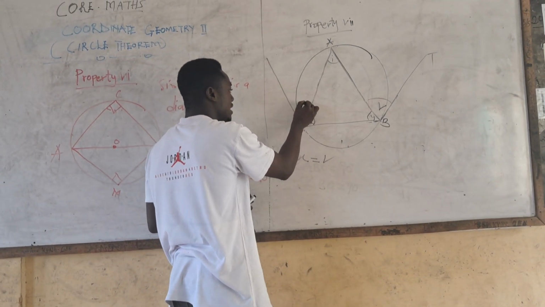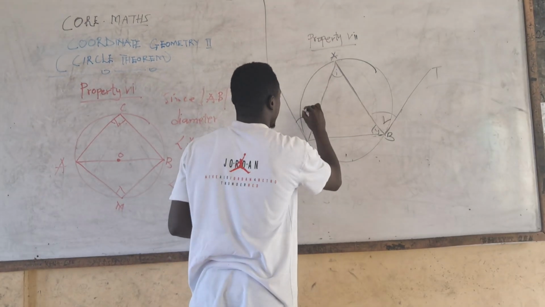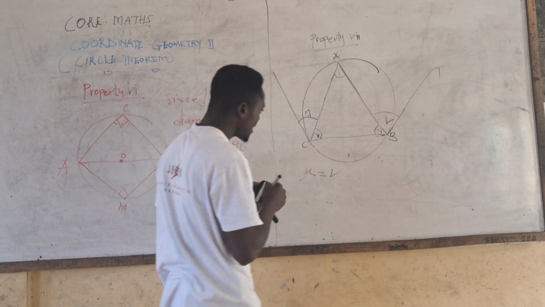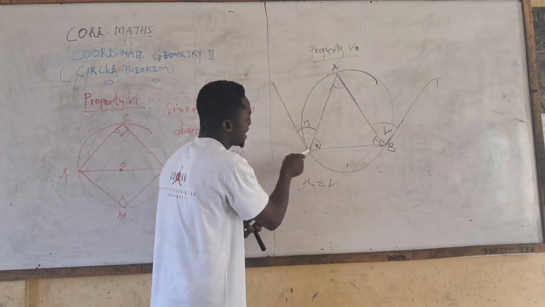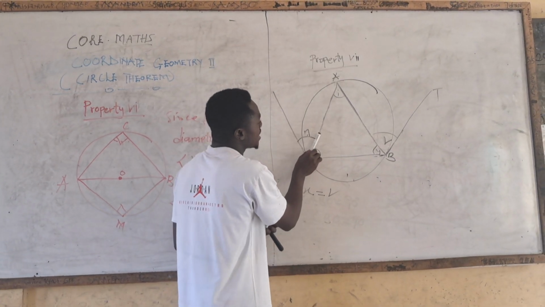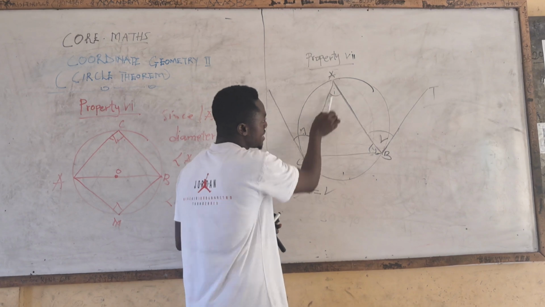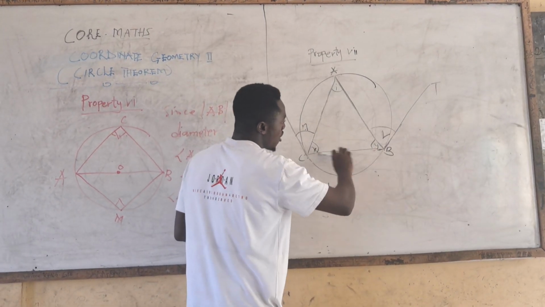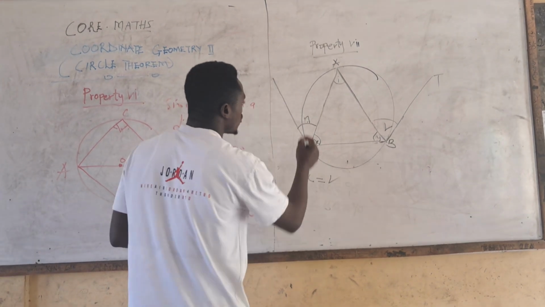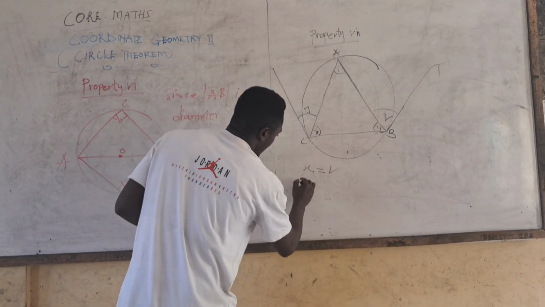The chord and the tangent are making an angle of, let's say, N. The angle the chord and the tangent make is equal to the angle the chord is subtending at the opposite segment, which is Y. Therefore, we can conclude that the angle N